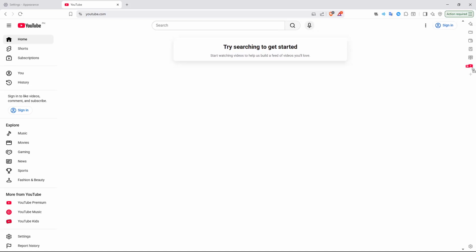And that's it. You've successfully learned how to customize shortcuts in your Brave browser, making your browsing experience more personalized